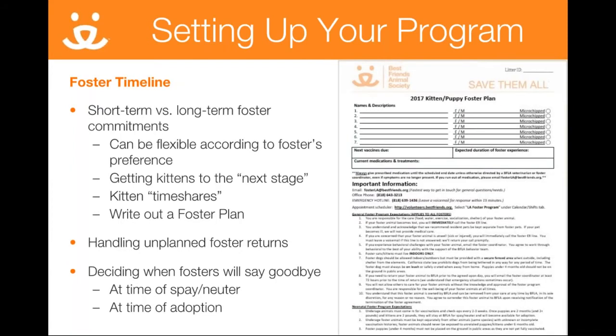And then, of course, as I mentioned, the timeline is a really important piece of this, because this is what's setting the foundation of the expectations. So every time we send out a litter of kittens into foster, not only do we want to make sure that they know exactly which kittens they have, we also microchip any kittens over 4 weeks when they go to foster, so that we can keep track of them that way. But we tell them exactly when the next vaccines are due, if they're currently on any medications or treatments, and then, of course,